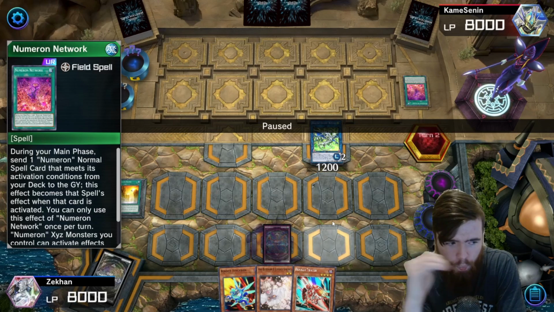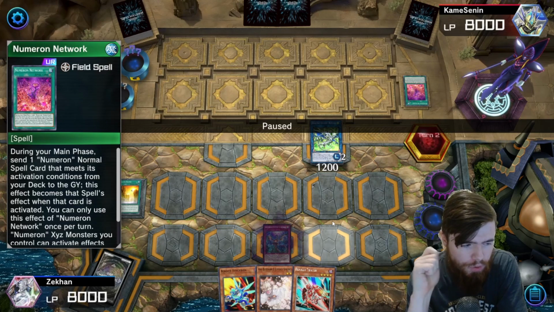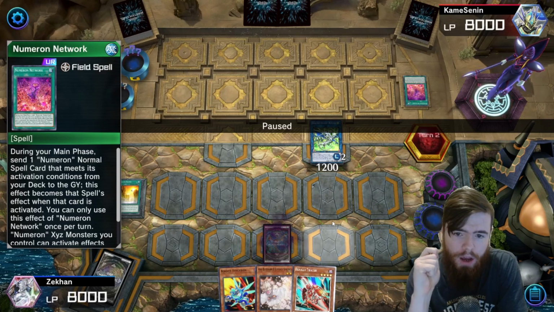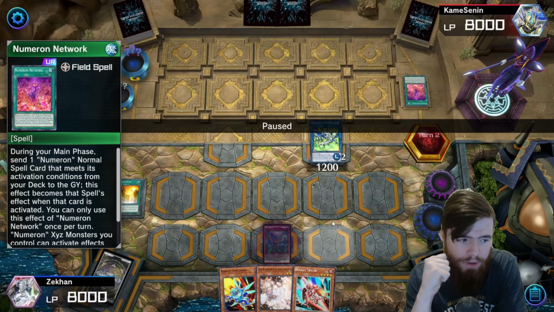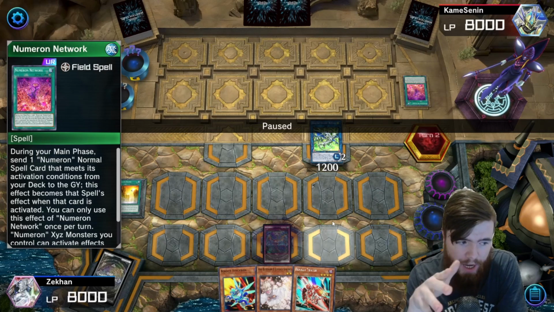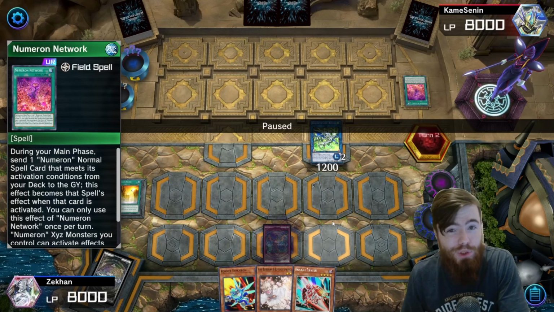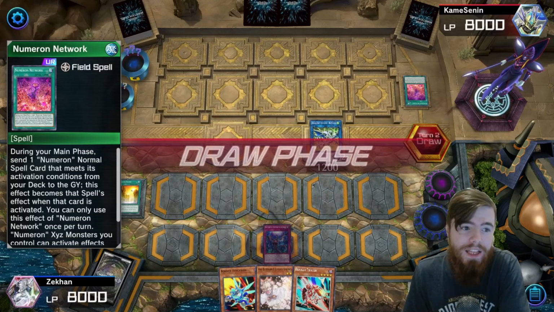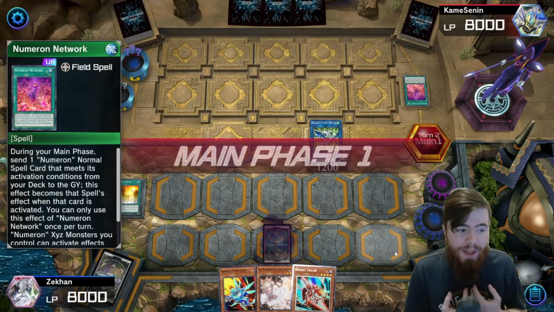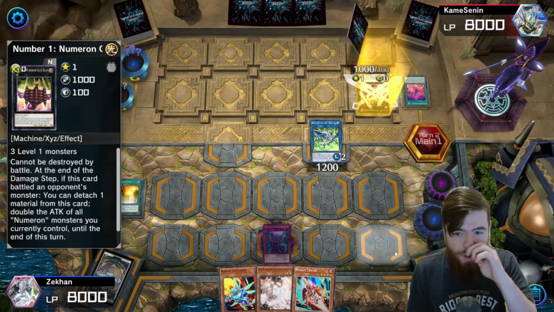So I didn't want to get way deep into the combo and then just get Nibiru, so I thought to myself, right, what we're going to do is go to end phase, force him to use an end of main phase 1 effect, and hopefully it is a Nibiru he activates, and then we just continue our main phase. Unfortunately, I was wrong. Our opponent just goes straight into end phase, and then in our opponent's turn they activate the Numeron Network. So it was a misplay on my part. I was trying to be too far ahead of the game, and it is going to cost us big time